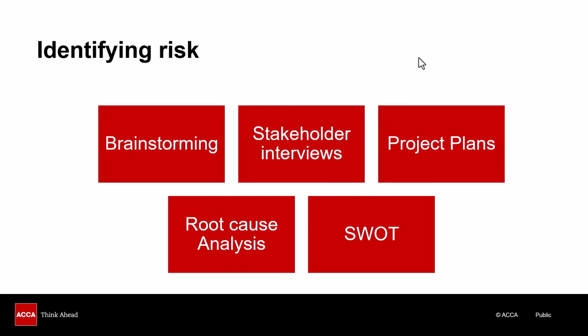Now, as we've already seen, there's an enormous range of risks. And how do we identify them? Well, there are a number of techniques that we can use. Each organization will have its own, but these are very commonly used. So brainstorming, and I'm sure most of you will have come across what that means, where basically you get around a table and everyone throws ideas into the pot, and they're discussed, they're challenged, they're added to, and so on, and eventually you come up with a list of risks which you can then prioritize